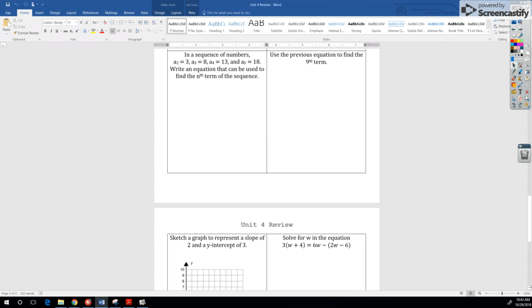Okay, in a sequence of numbers, a sub 2 is 3, a sub 3 is 9, a sub 4 is 13, a sub 5 is 18. So I'm going to take those numbers and I'm going to kind of put those in order. So a sub 1, I don't know. A sub 2 is 3, a sub 3 is 8, a sub 4 is